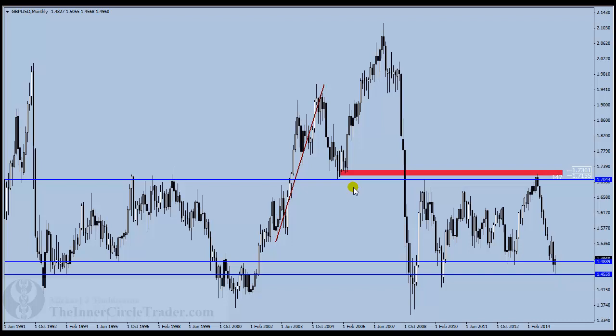Now, let me ask you a question. The buyers that would have had positions here and were long here, okay, when the market traded through that, did it ever get to that same level again once it broke through? This is the closest it got. And then we had to go through 4 years to get back to that same price level right there. Now, let me ask you a question. What retail entity would hold a position that long, losing? I would argue none. Most of you can't even stand an hour under the water in a position before you